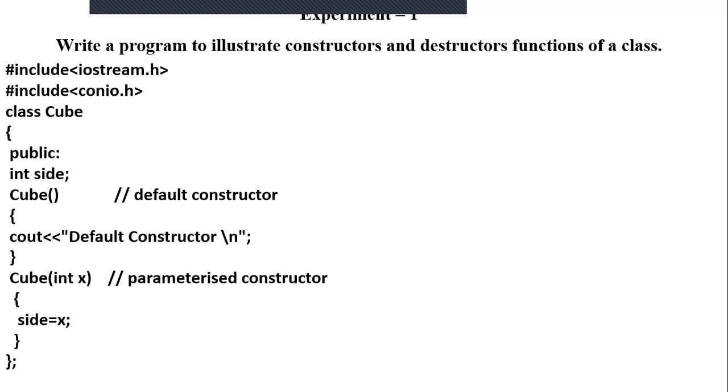Whenever you create an object, the constructor function will be called automatically, and whenever you are destroying your object, meaning you are closing your block, the destructor function is automatically called. That's why we need not call the constructor and destructor function, they are called automatically when you create a